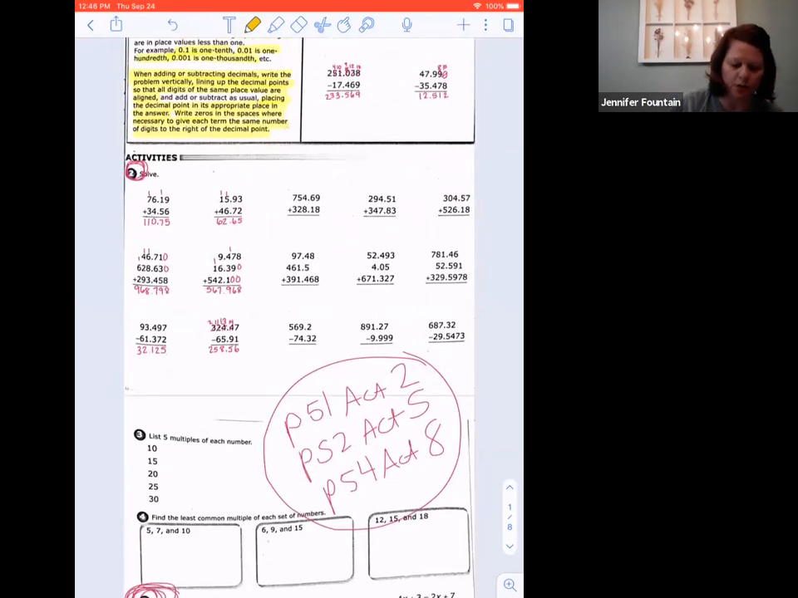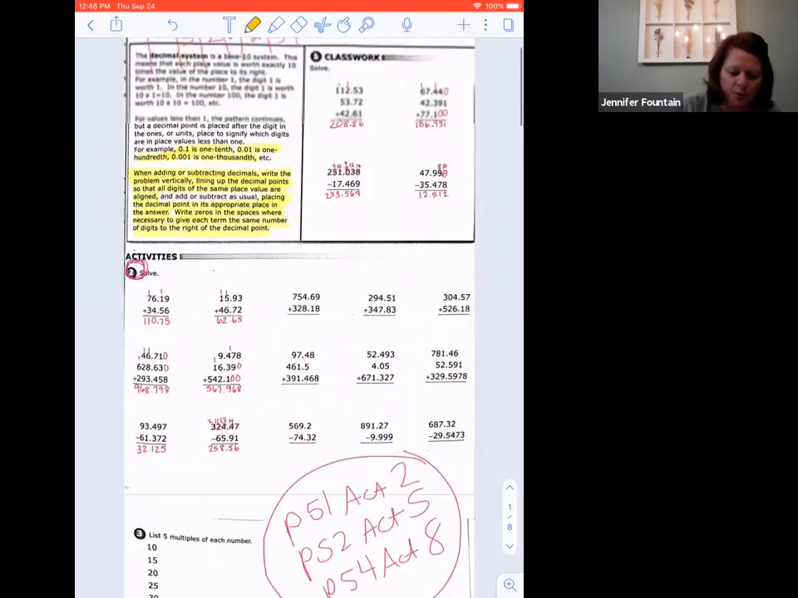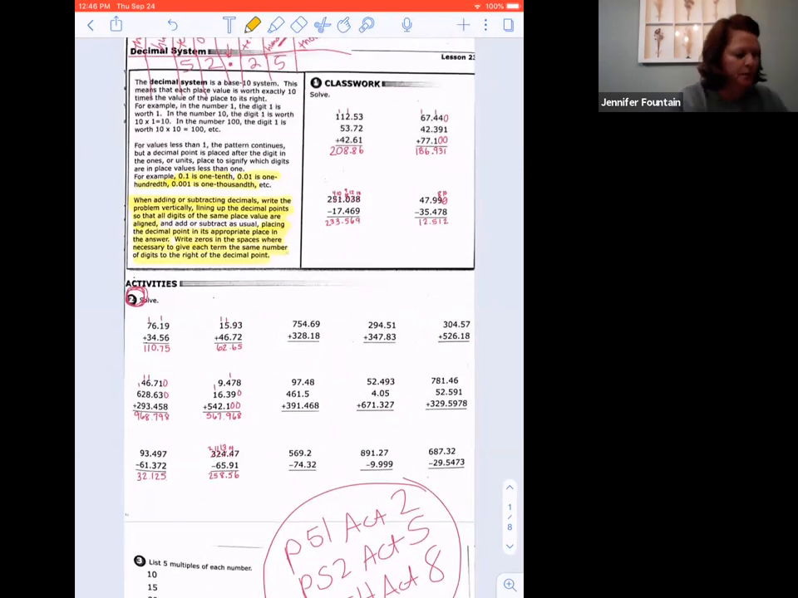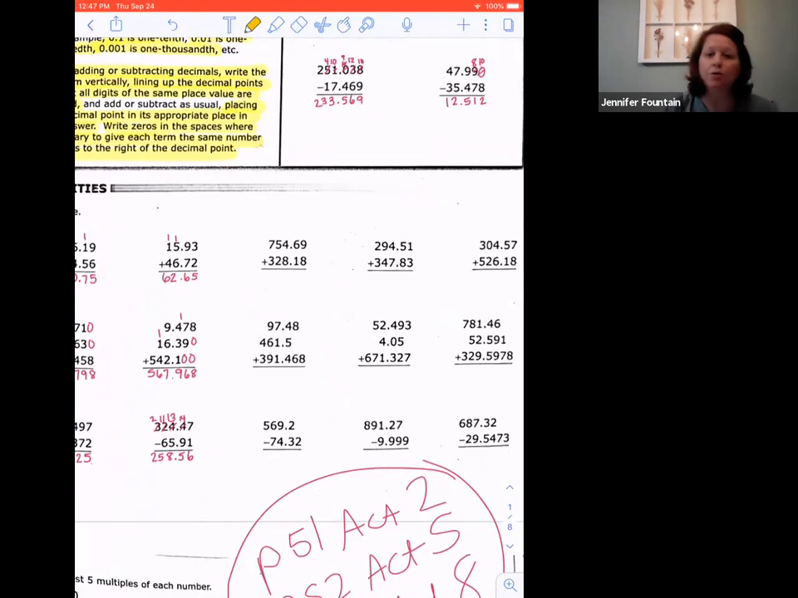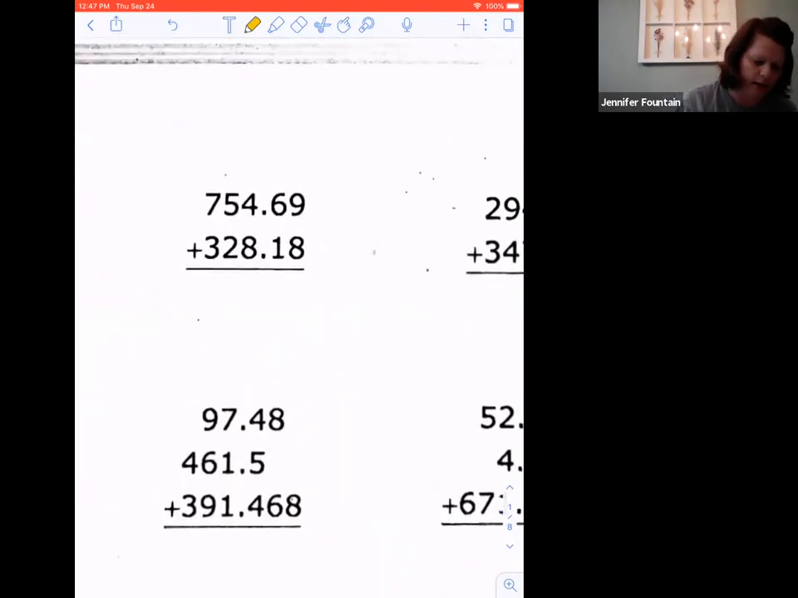So we'll go ahead and start with page 51, activities 2. Let me get my book open. So what I'll do is I'll just go ahead and write in the answers here so y'all can see them, and then you can check yours. And then if we need to go through any of them, we will. All right, so let's see. This one is going to be